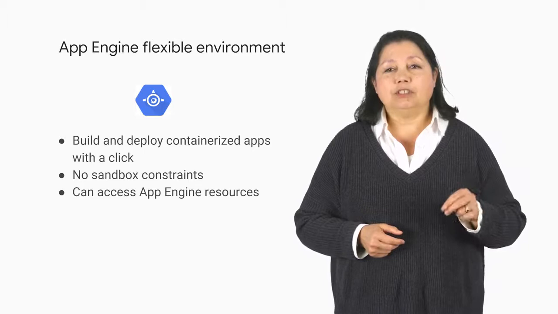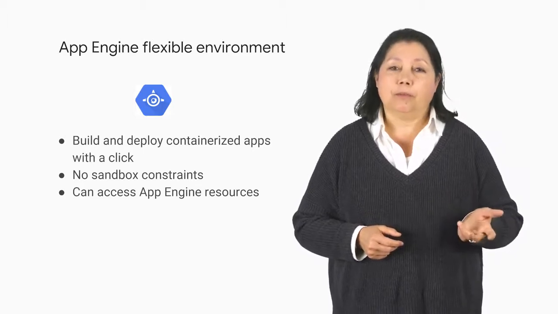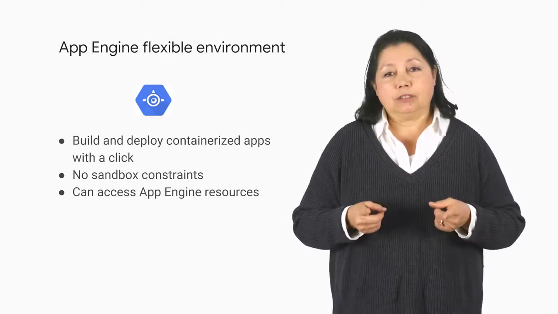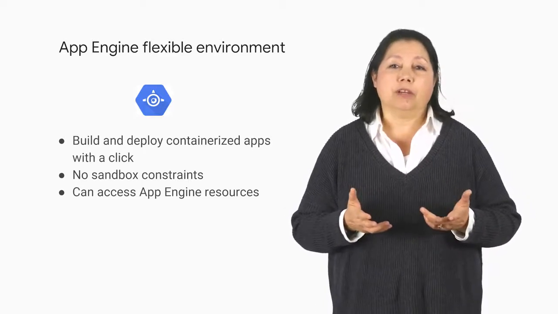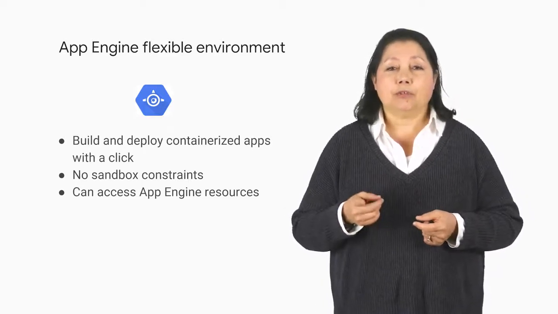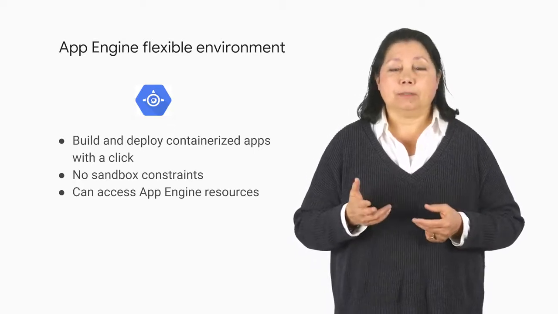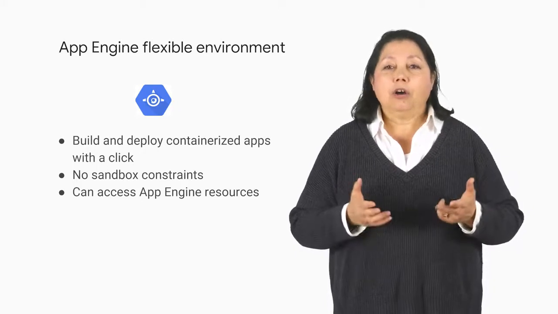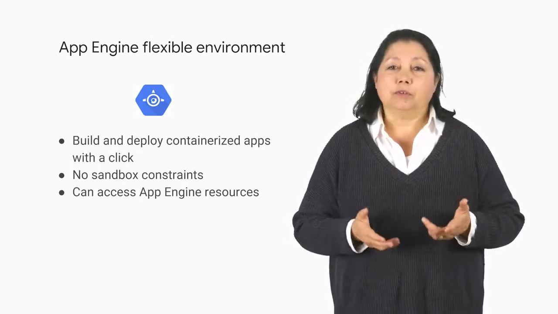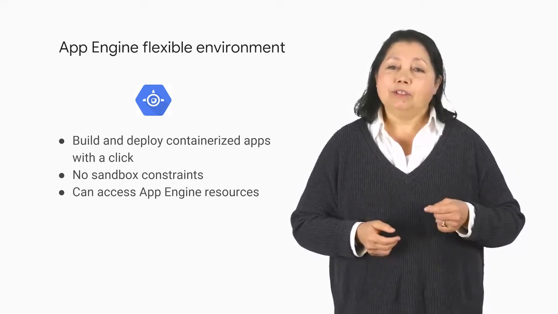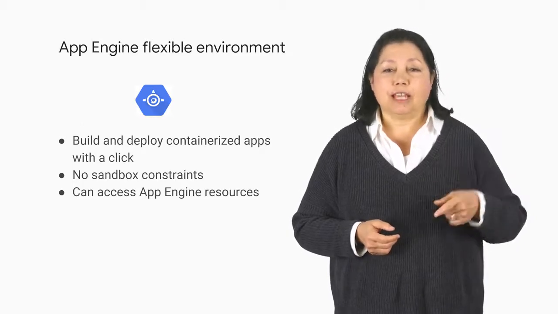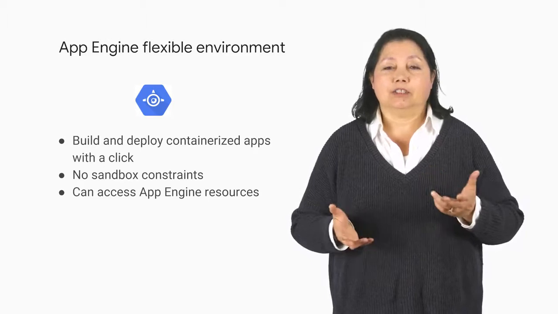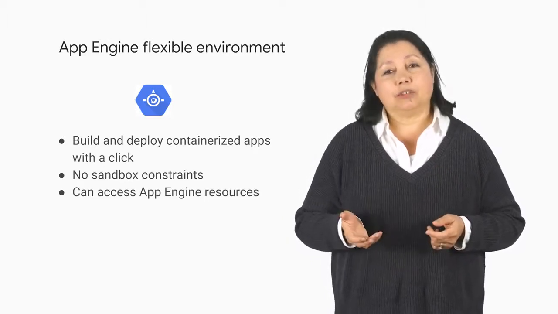App Engine manages these Compute Engine machines for you. They're health checked, healed as necessary, and you get to choose which geographical region they run in. And, critical, backward compatible updates to their operating systems are automatically applied. All this so that you can just focus on your code. App Engine Flexible Environment apps use standard runtimes, can access App Engine services such as Datastore, Memcache, task queues, and so on.